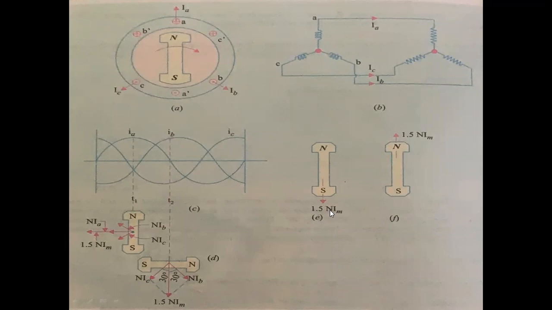And for leading loads of 0 power factor, the armature MMF is advanced by 90 degrees, the reverse of the lagging load. So the armature MMF is advanced by 90 degrees with respect to the position in D. Okay, so as shown in figure F, the armature MMF will be strengthening the main MMF. So the armature reaction is wholly magnetizing and it causes an increase in the terminal voltage.